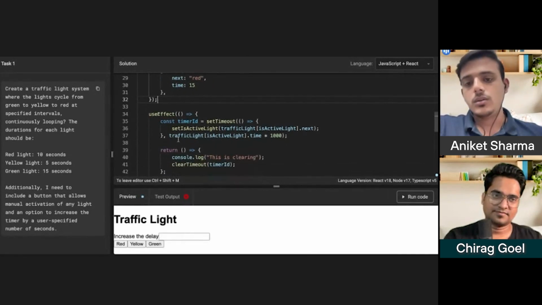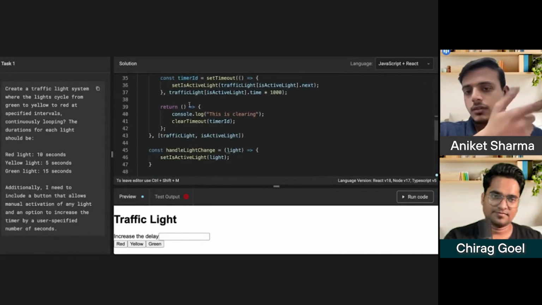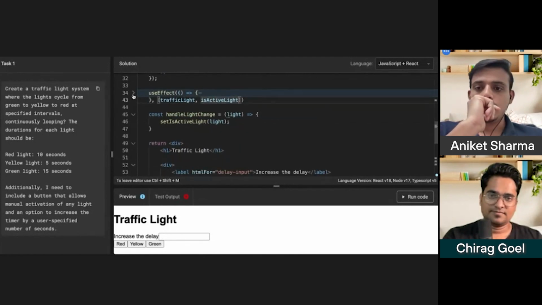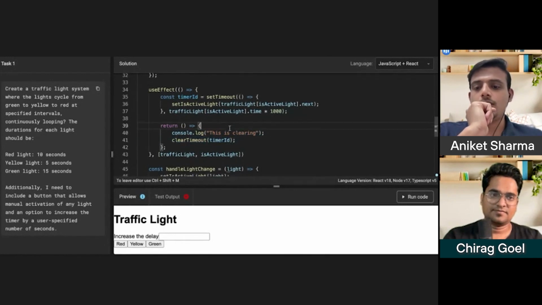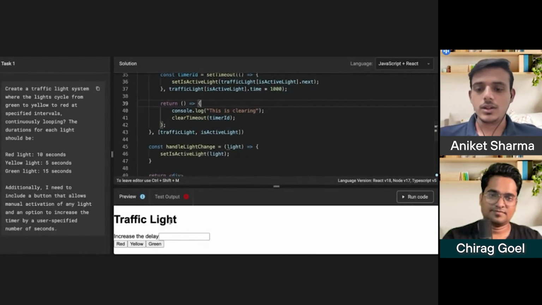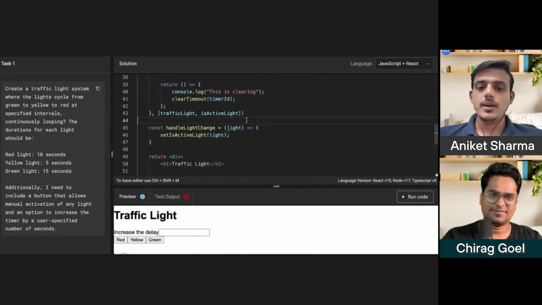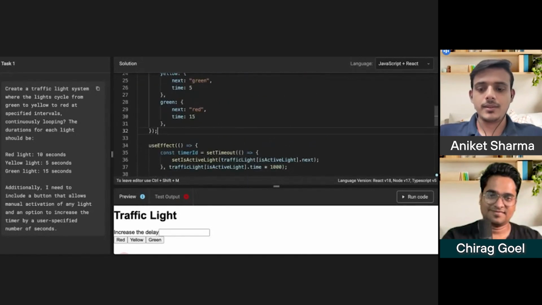Now whenever we are changing the traffic light, it will re-trigger this. But it will hamper the current flow. Basically, we are not changing the active light, we are changing its timing only. Okay, there will be a possibility that it will clear the timeout of the current continuous cycle which is going on, like we are doing for the radial length, which we do not need to do. Okay, let me first create a state. We'll go one by one.